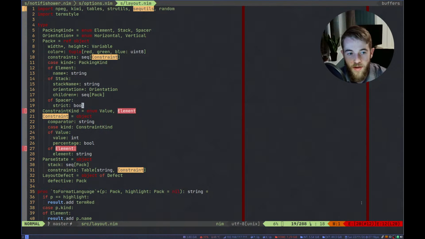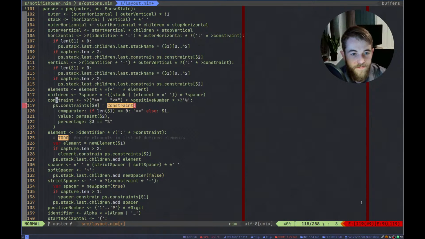Oh, we already have something called element. I'm just gonna call that relative then, because it's relative to a different element. Actually, you know what? I think we might want percentages though. Like, yeah, this should be 50% of another thing. So let's keep percentage out of it. Just have value or element there.